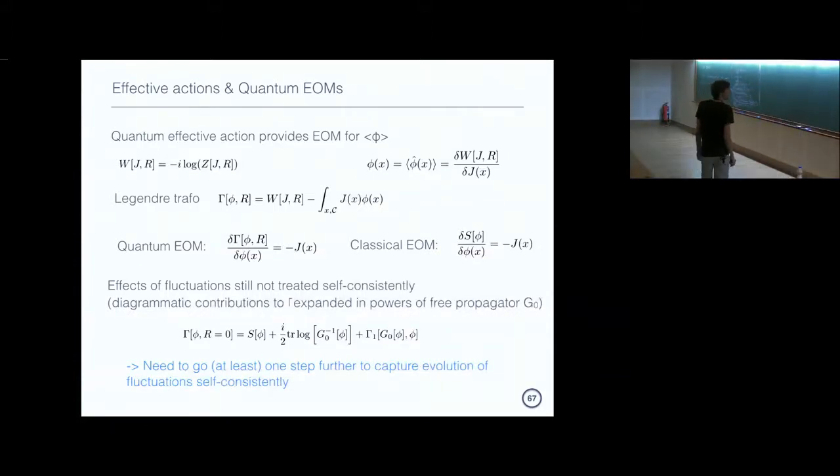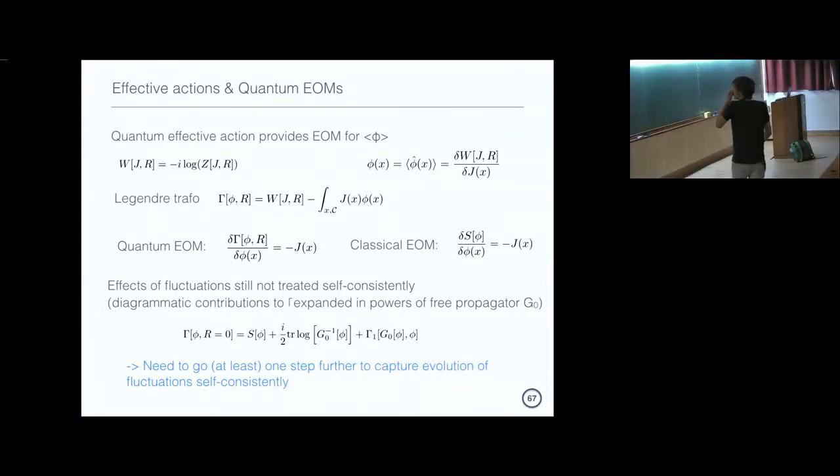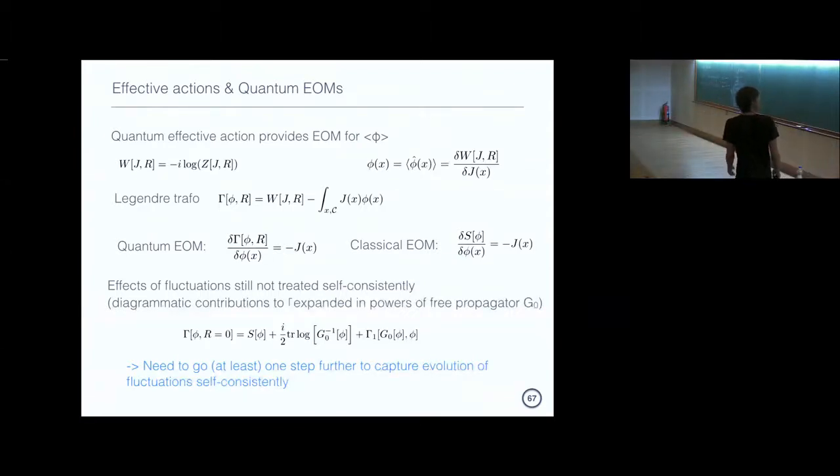To take this derivative is actually very simple. Obviously you get this minus j on the other side, and then you have d phi dj, which cancels with the term coming from the derivative of the Schwinger functional with respect to phi. Now the task becomes to actually compute what this effective action would look like, because that's what gives us the equations of motion. And so the general form is written over here.